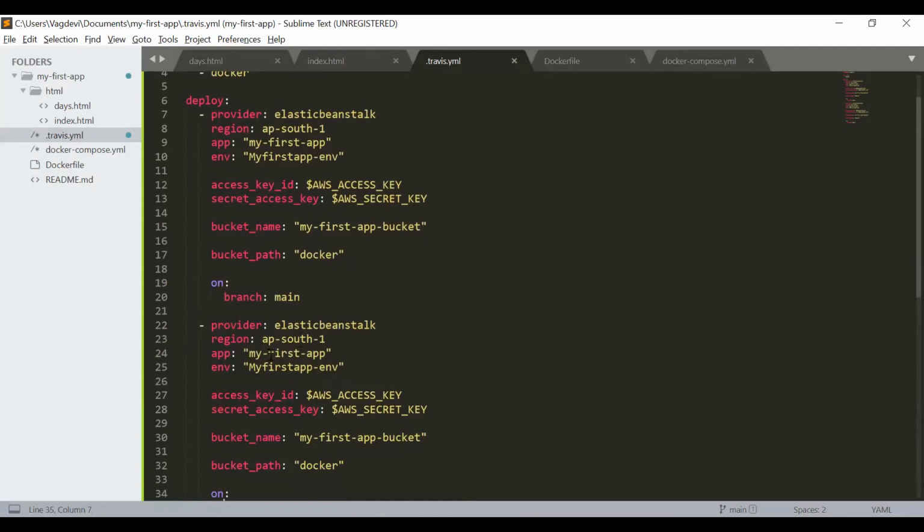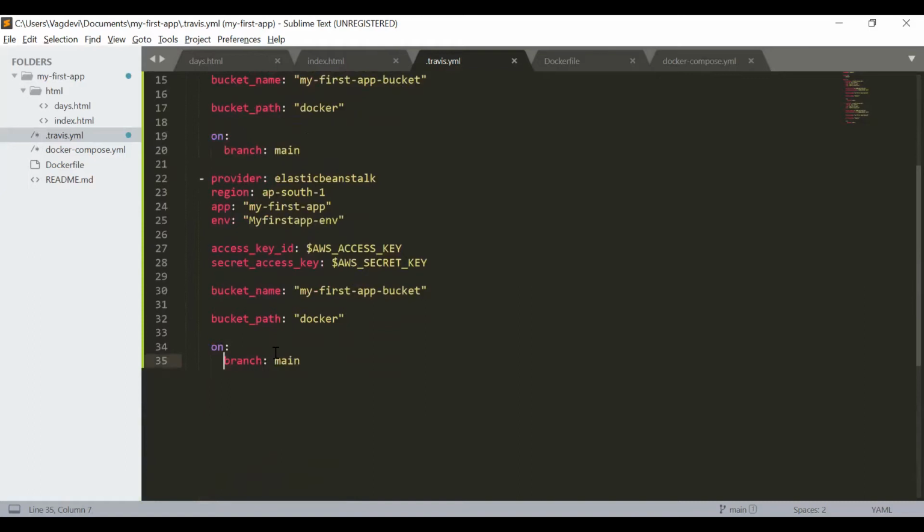So the first one is we need to create another app and environment, and we need to change the branch. So we shall create a branch name testing. So we will write the name, same thing here. While committing to Git, we will check out to that particular branch and push that, like make the changes.